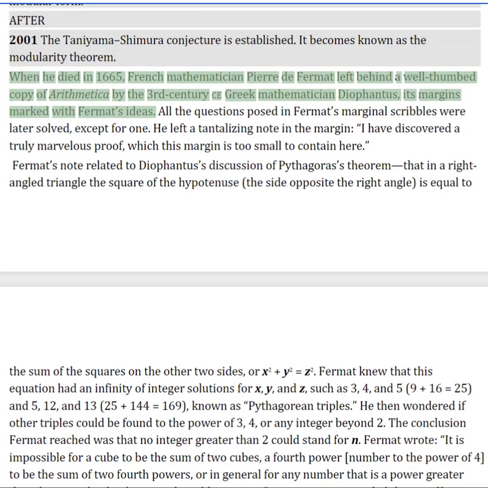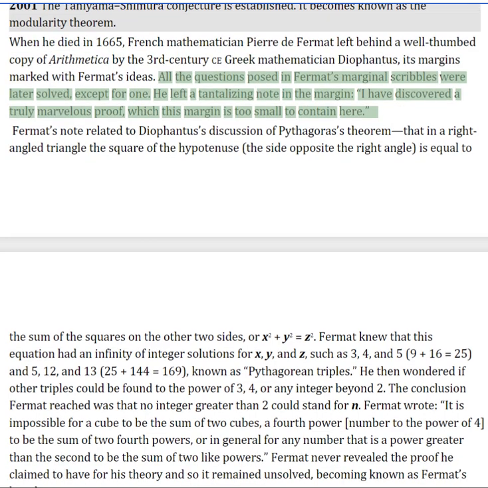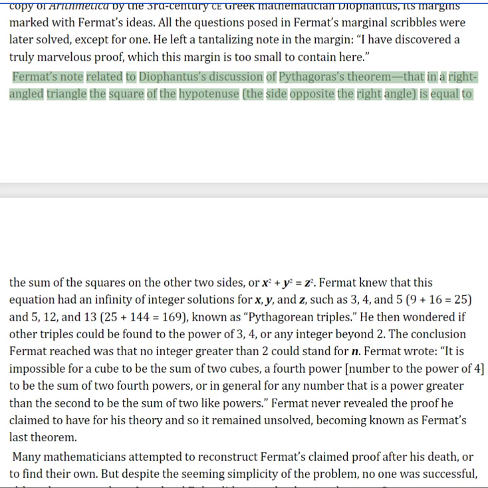When he died in 1665, French mathematician Pierre de Fermat left behind a well-thumbed copy of Arithmetica by the 3rd century CE Greek mathematician Diophantus, its margins marked with Fermat's ideas. All the questions posed in Fermat's marginal scribbles were later solved, except for one. He left a tantalizing note in the margin: "I have discovered a truly marvelous proof, which this margin is too small to contain here." Fermat's note related to Diophantus's discussion of Pythagoras's theorem, that in a right-angled triangle the square